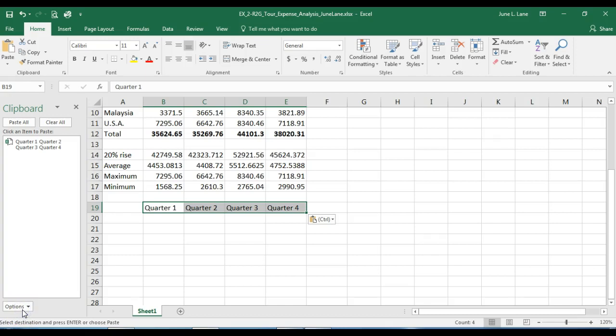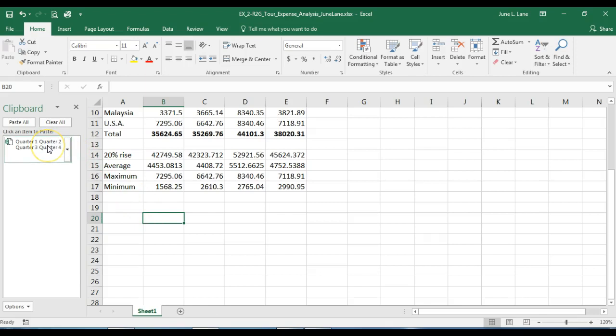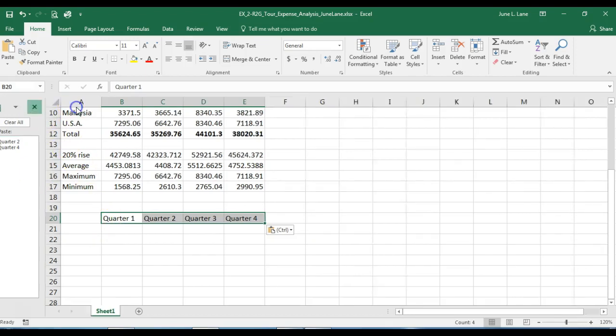All right, so now we realize that we actually pasted in the wrong location. So I'm going to go ahead now and hit the delete button on my keyboard. And now actually I want this to appear in cell B20. So this time I'm going to come over to my Office clipboard and click in the clipboard area to insert what I had pasted to my clipboard into my worksheet. I can now close out my clipboard,